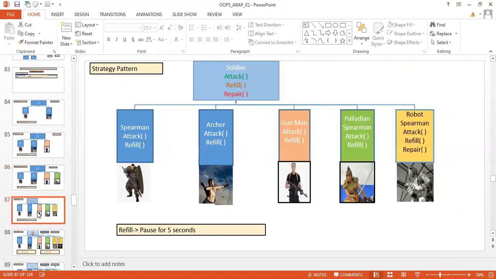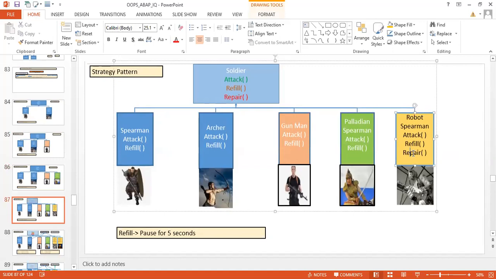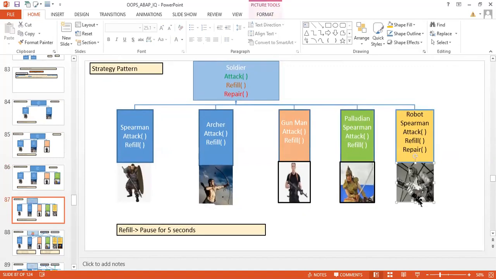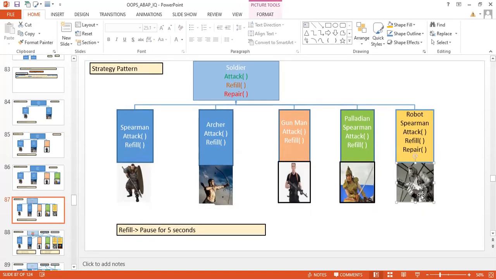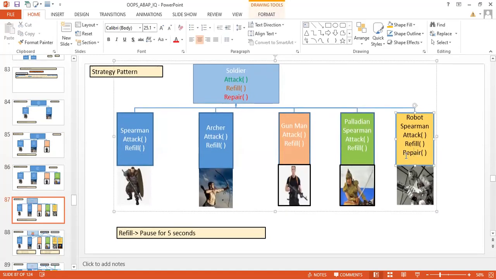Similarly, if you just keep going ahead, you can observe, for example, here you have the Iron Man. He is also going to attack, right? But Iron Man requires one extra functionality because he is having the gun. This also is having the gun. So the gun may require repair, right? Suppose you want to have the repair functionality over here.